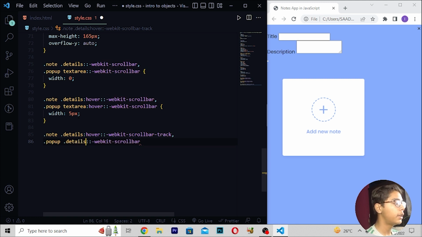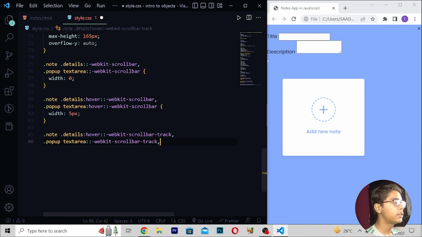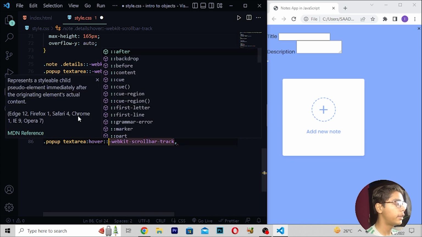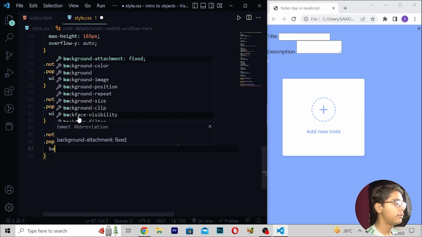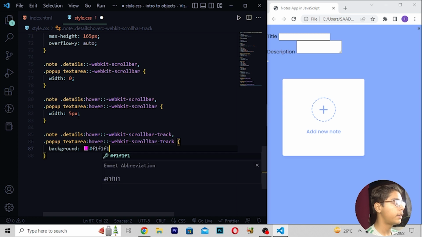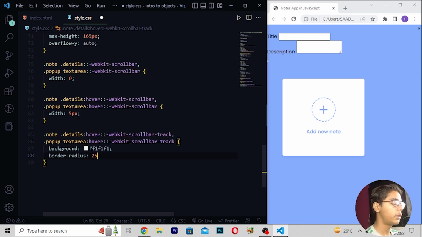Then when you've written this, here I will be now just writing here .textarea. Then we have written this, so here I will be now just erasing this. Then here I will be writing -scrollbar, then I will be writing track. Then when you've written this, here I will be moving after this tag. Then here I will be writing hover, then write like this. Now I will be moving after this tag. Right here background, which should be #f1f1f1. Then here I will be moving down right here border-radius, which should be 25px.